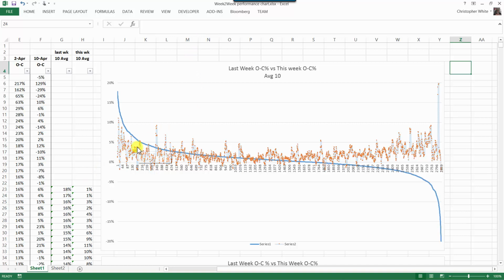But this is interesting because what you will see here is that the stocks that were really moving on this area of the curve right here, those stocks have more volatility. I think you can visually see that they have more volatility in the upcoming weeks. And as you come down into the center area here, you've got the stocks that didn't really move very much the prior week, and they're not moving as much as on the front end or the tail end of this